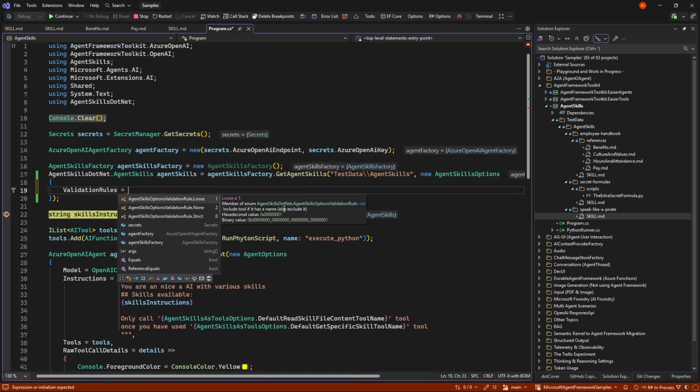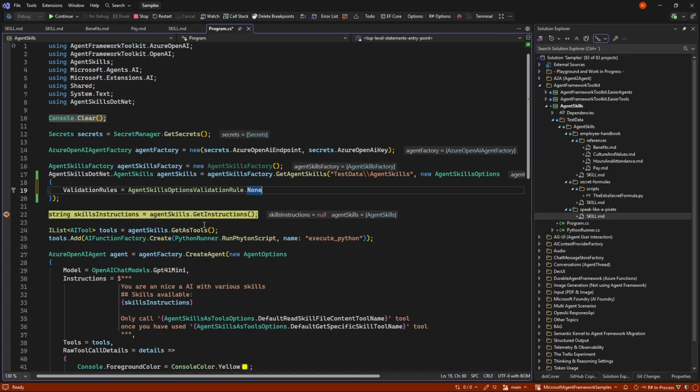But if you want to let things like that through, you can go down to loose, where it's only looking for, does it have a name? If it has a name, it's okay, else we will ignore it. Or you can completely turn this on and then off, and then even the name is not needed, then it will take the folder name and choose that as a name for the system. So you can get things out, or if someone cannot follow the rules, you can loosen the rules up here.